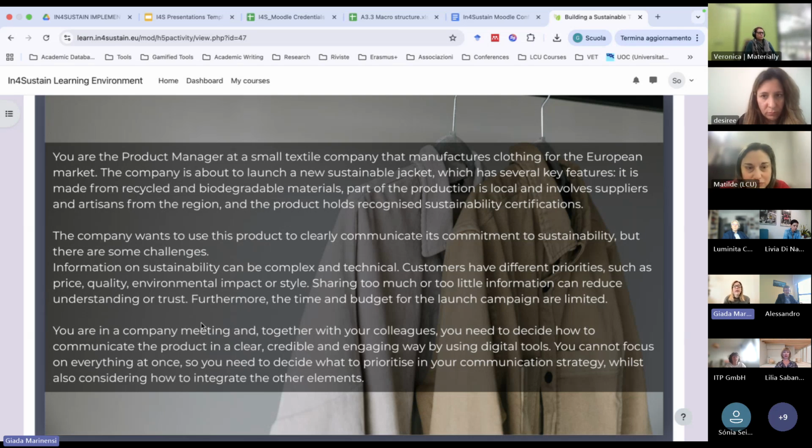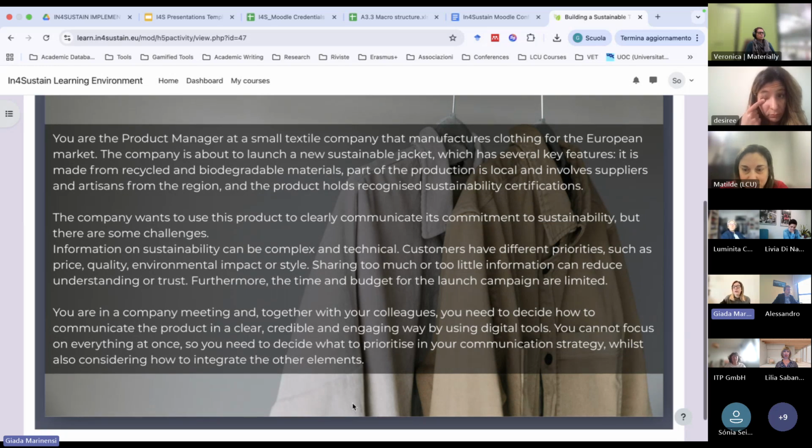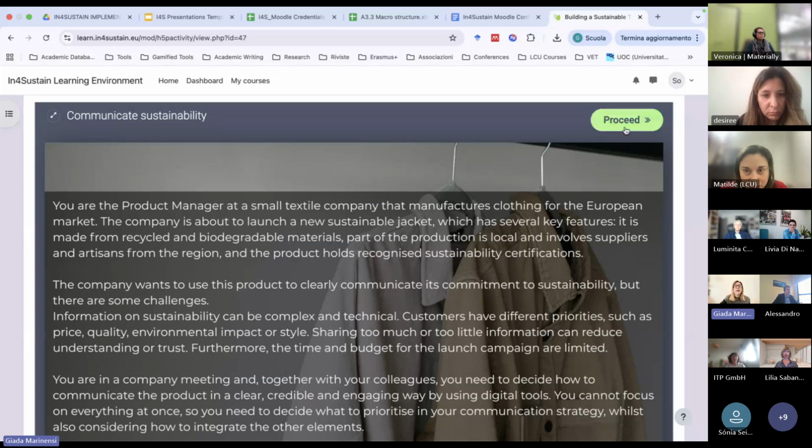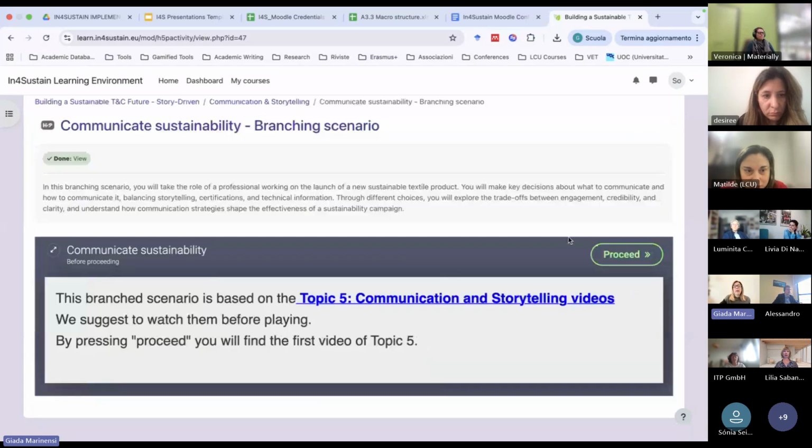In particular, we are at a company meeting, and we need to decide how to communicate the product in an engaging way by using digital tools. So this is the meeting in which we decide our digital communication strategy for this new product. As in the first stage, we can decide to learn a little bit more about communication and storytelling.